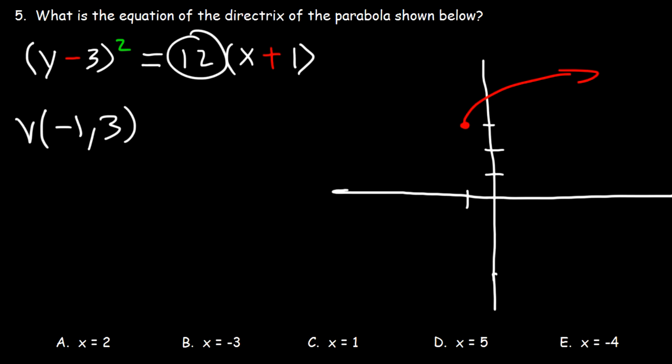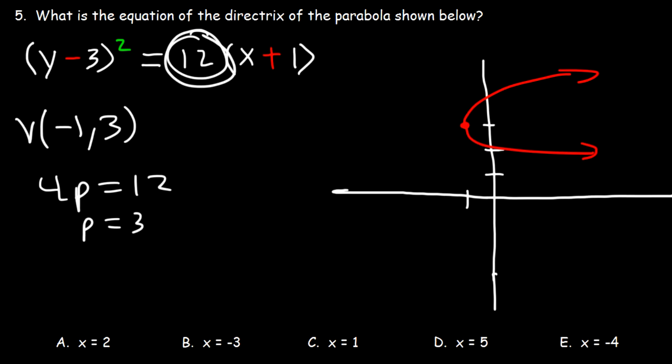So it's going to open in this direction. Next, let's set 12 equal to 4p. So 12 divided by 4 is 3. So p is 3. If we travel 3 units to the right, we can get the coordinates of the focus,